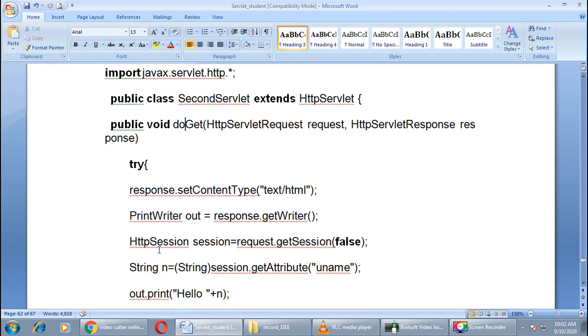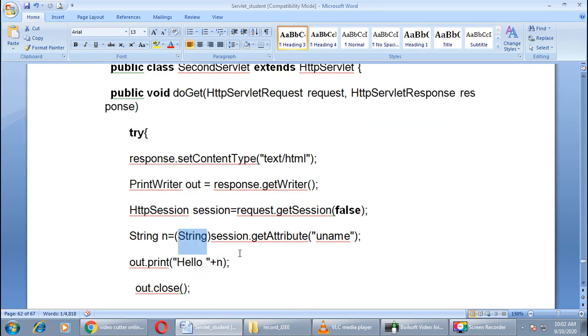Then here we'll define one object of HttpSession equals request.getSession. Then String n = session.getAttribute("uname"), we will convert this value into a string, right? And then print hello plus n. This will show the same value which we have defined in the first servlet page.